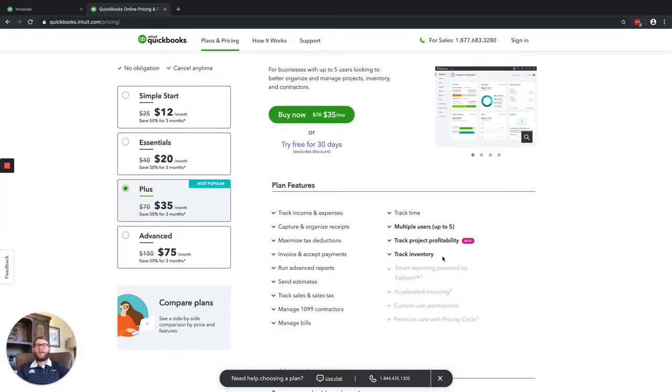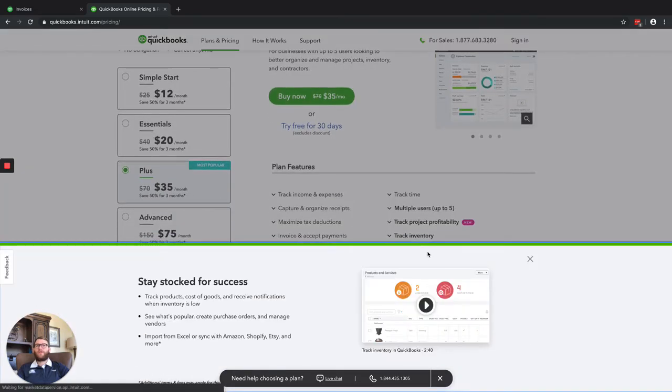As we keep moving beyond that, this is also where you get to the point of being able to track inventory. So for our customers who need to worry about tracking how much they have on hand or stuff like that, you would need to be using Plus, because not everyone needs to worry about tracking inventory. Now, I will say as a caveat to that, QuickBooks Online is a good basic inventory tracker, but it's not an advanced inventory tracker. If you need to track by case numbers or lots or more advanced things rather than just how many bolts you have on hand or stuff like that, then we really want to use an add-on